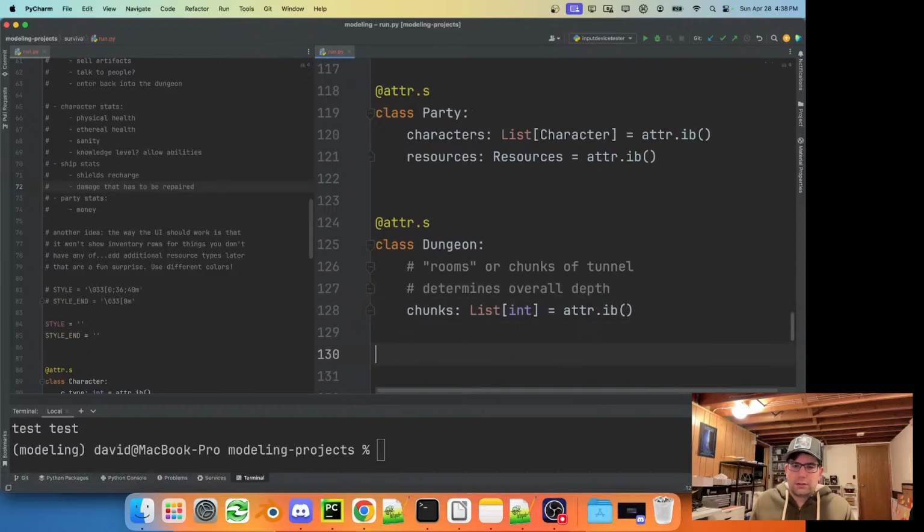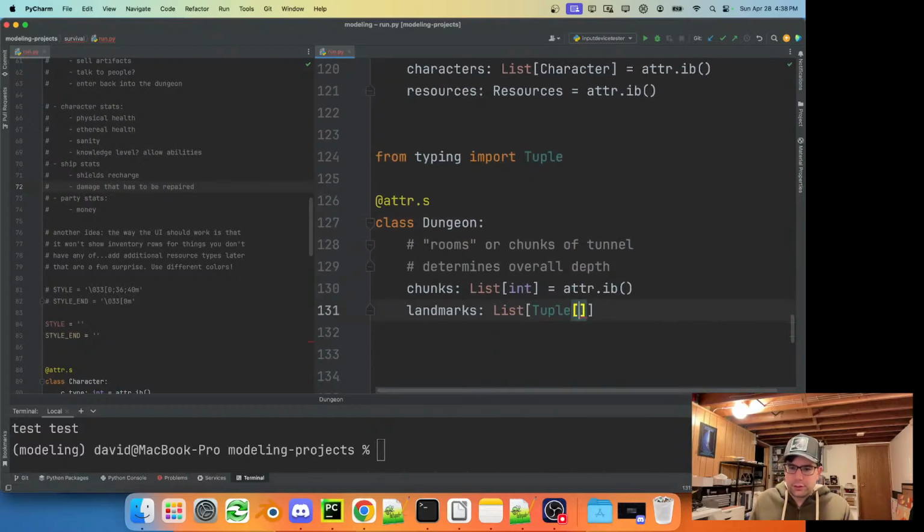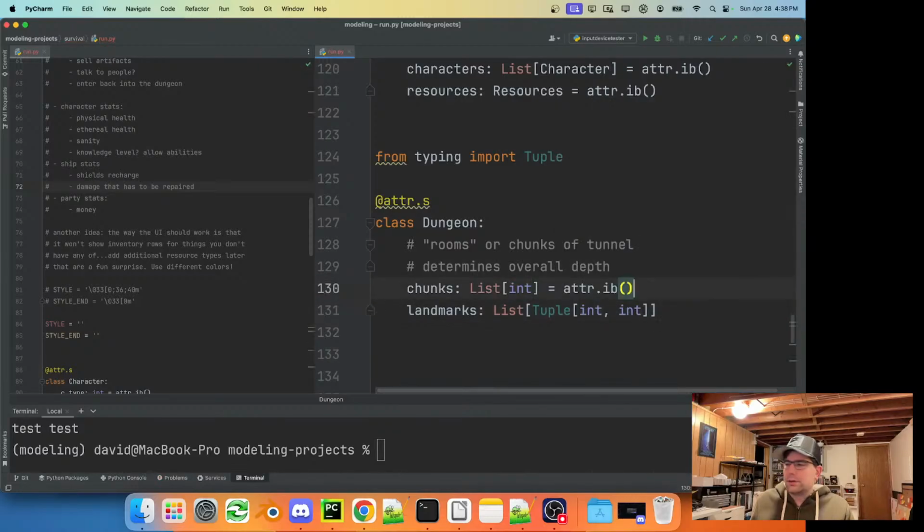And then we'll call it landmarks, a list of tuples. So this will be where the landmark is, and then what type of landmark.